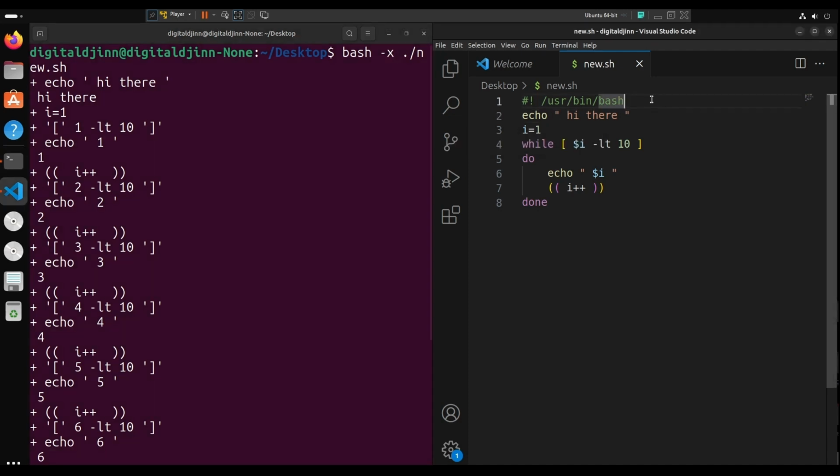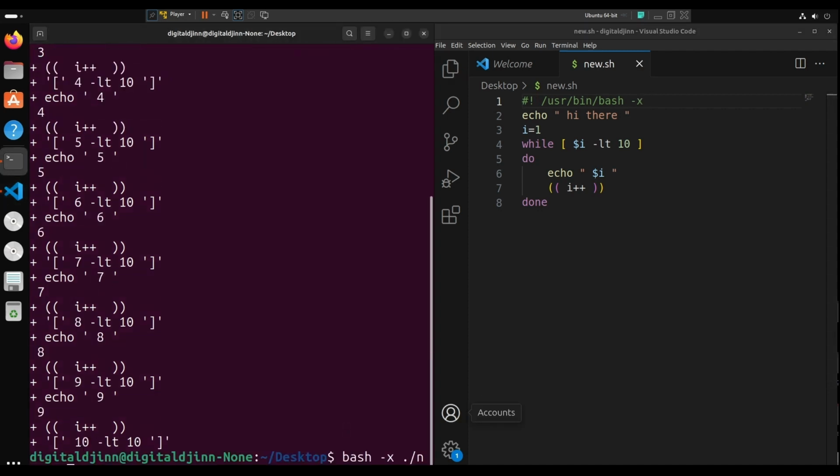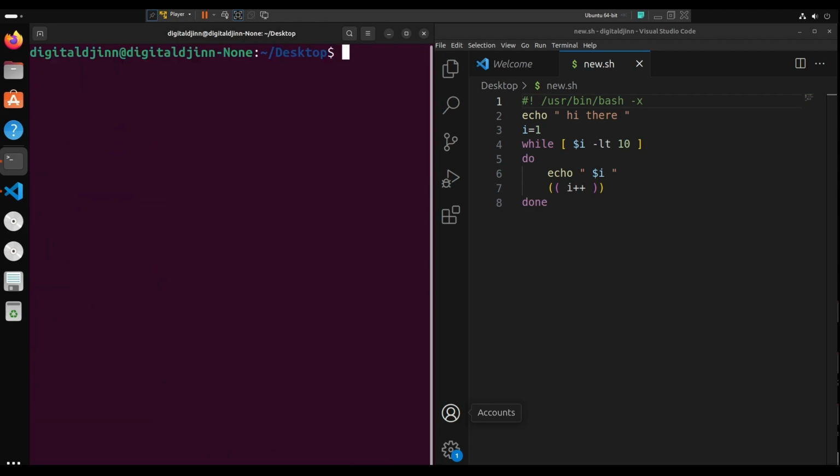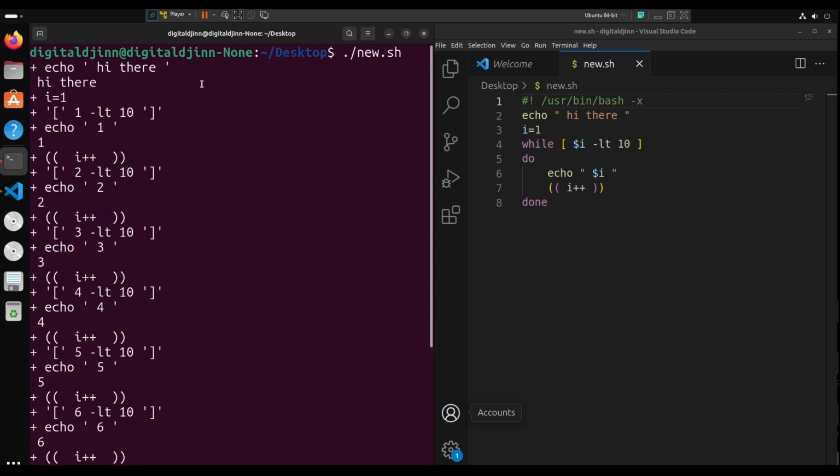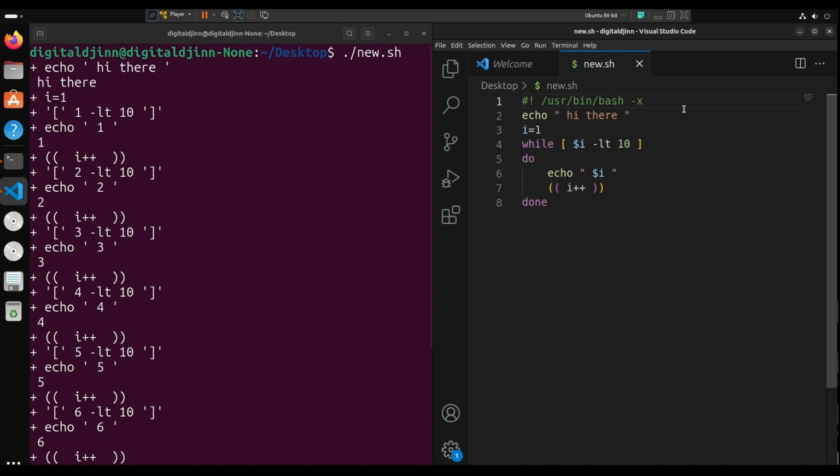Now to debug from your script itself, you can type in a -x here. Now let's save and run. As you can see here, every step is being debugged. Say you only want to debug a certain area of your code. So in that case,